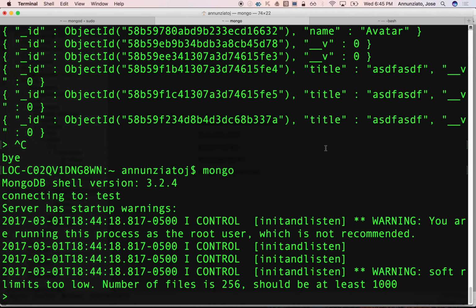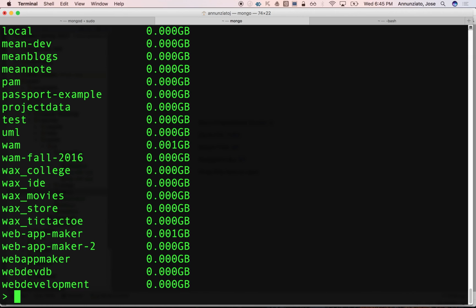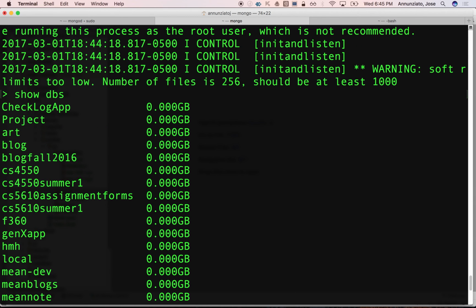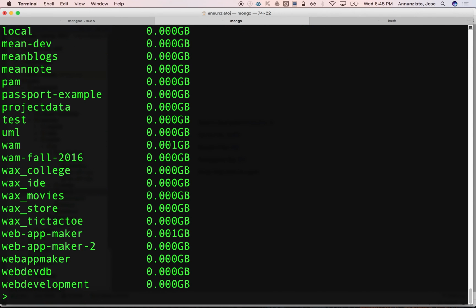And so we can start interacting with it, you can query it, right? Like ask it to show you what databases are already there, right? This is quite a few databases that I've been working on throughout several semesters,